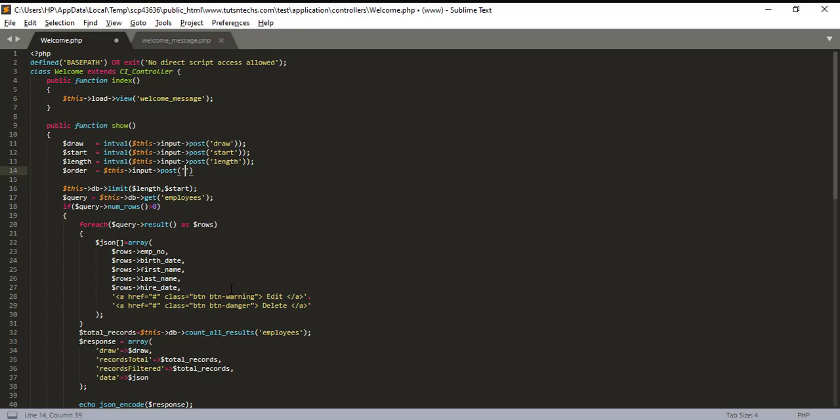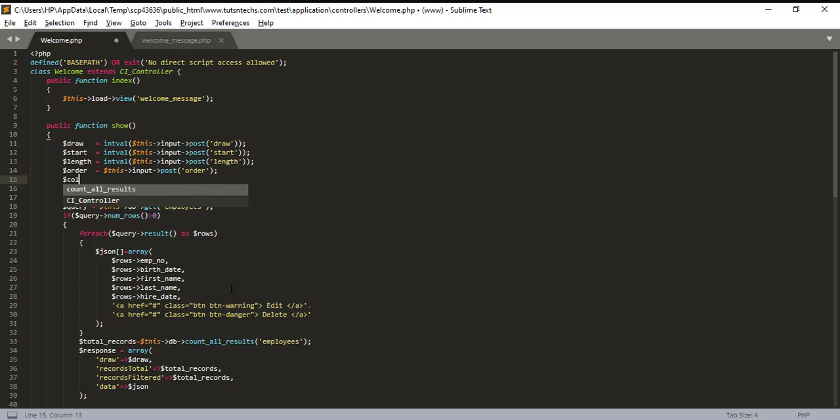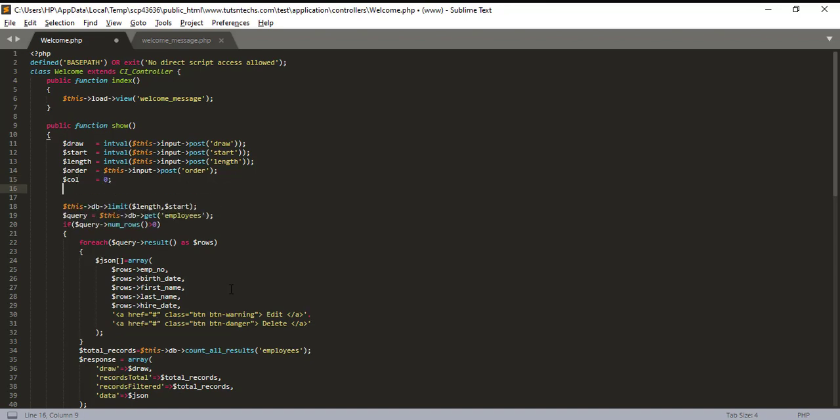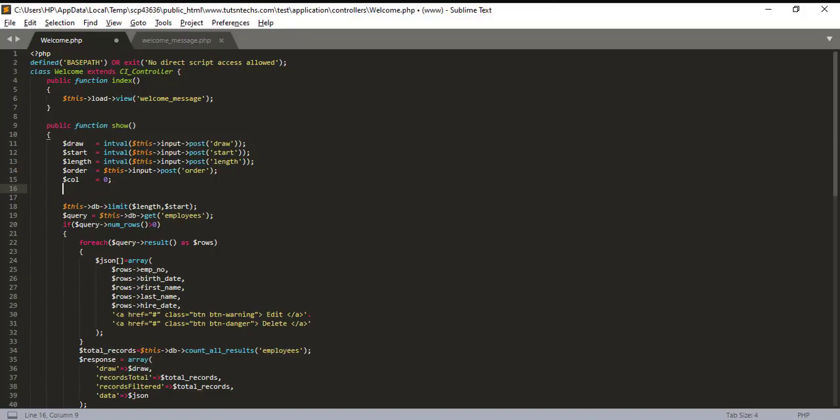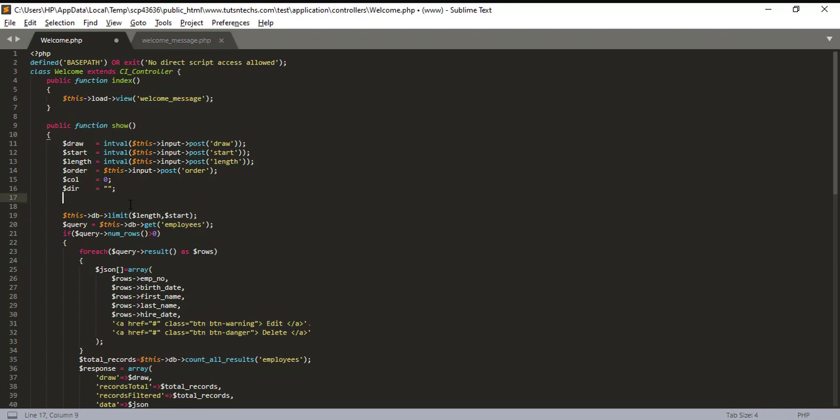post, and here we're going to catch the order. Then we will define two variables: call for column and make it 0, because by default it should be column 0; if not, it should sort on this column. Then I'm going to say dir equals just a blank, because we don't want to get errors in the future. Then we just need to check, we're going to do if